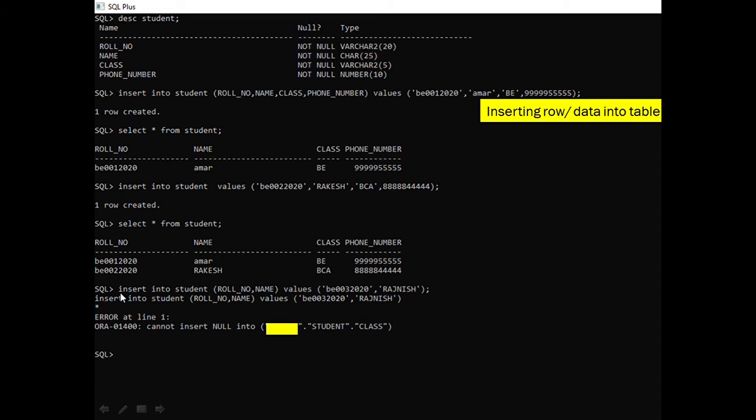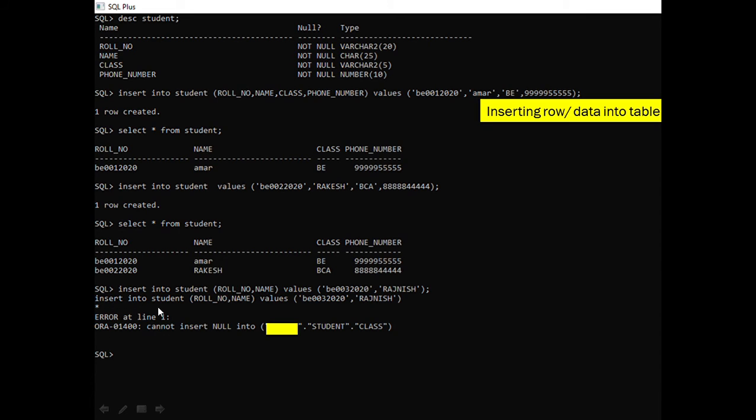Now the third command is also for inserting a value into a table. The command is insert into student. Suppose I want to insert only in the roll number and name fields, not in class and phone number. So we use this command: insert into student, the column names we want to insert, roll number and name, and the values for roll number and name.